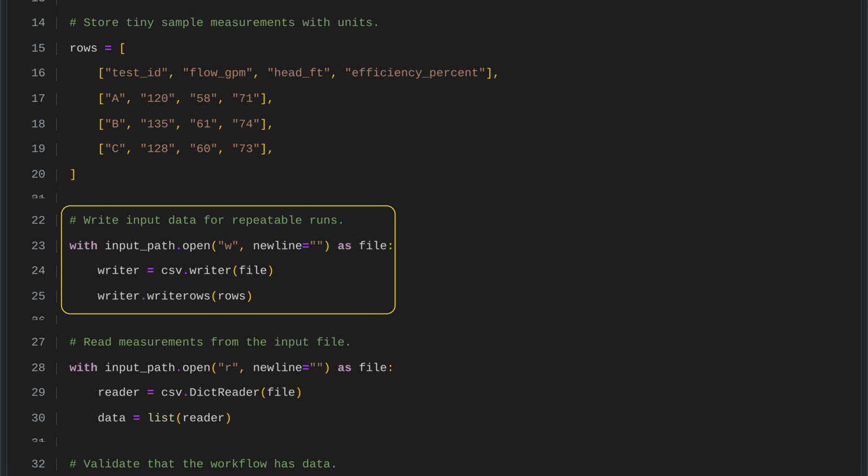The report is built as a set of text lines summarizing a pump test workflow. It includes the report title, the source data file, the number of tests, and key results such as average flow rate, maximum pump head, and average efficiency, each formatted with appropriate units. It also notes that the measurements are assumed to come from steady operating conditions, which provides context for interpreting the